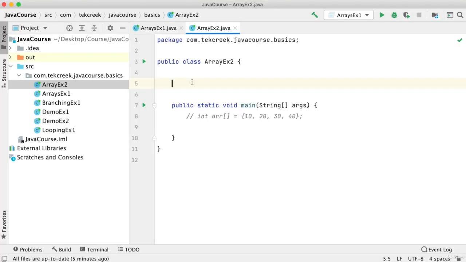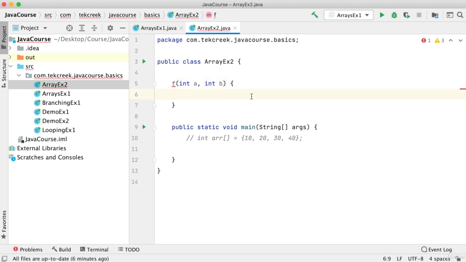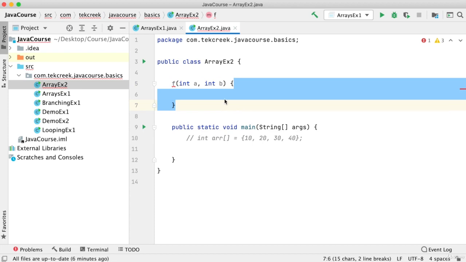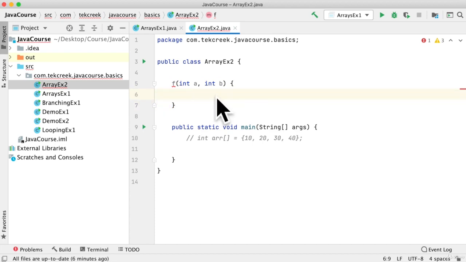So if I have to replicate the same thing inside the program, this is how I do it. I need to write a function called f which accepts a and b. So a and b should be given some types. So int, it's up to you based on what type of value. And this is the definition, the actual definition for the function where you write the logic.